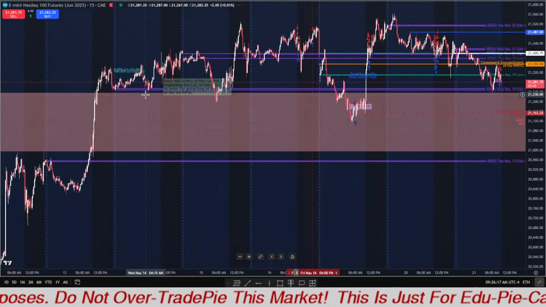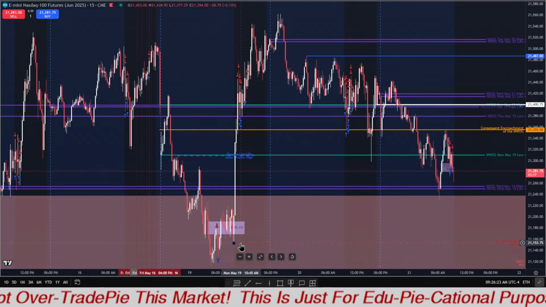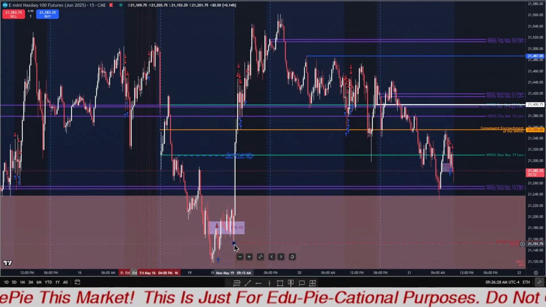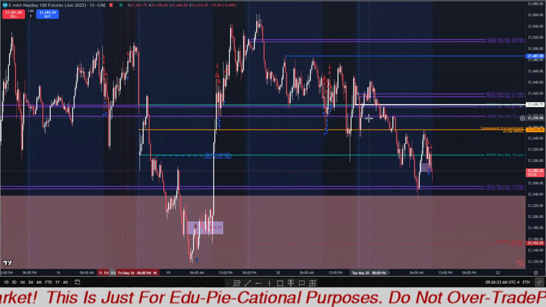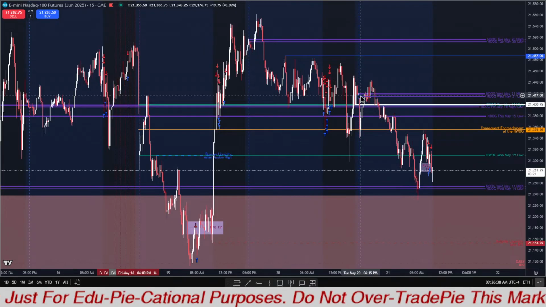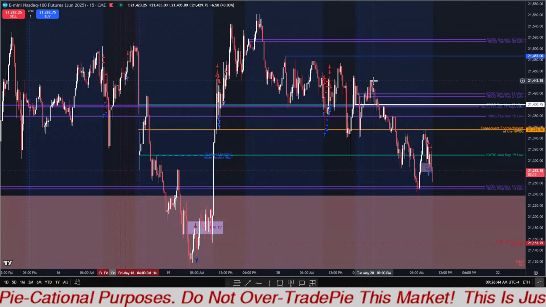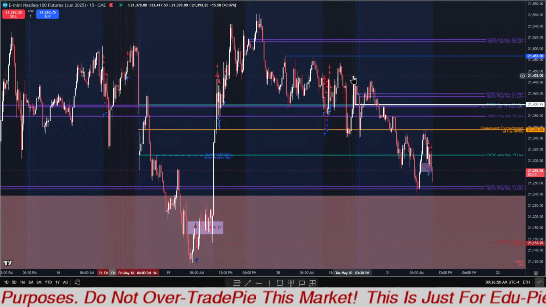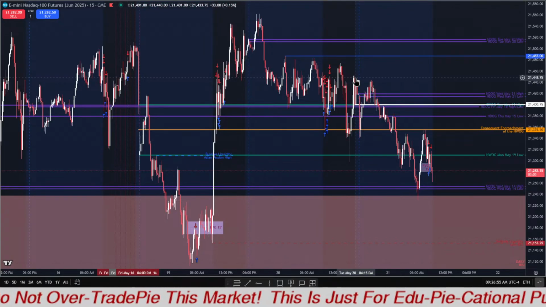15-minute chart. As you can see, I'm interested in this sell side liquidity over here, the relative equal lows resting below the marketplace. And you can see the market after opening this morning, I'm sorry, the market after opening at 6 p.m. started going lower with a move, and after that started going higher once again above the new day opening gap, but failed to reach these relative equal highs resting that were created in the last hour of